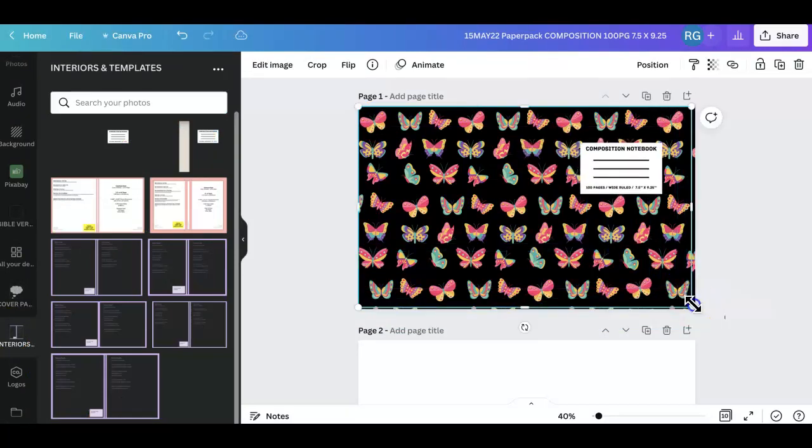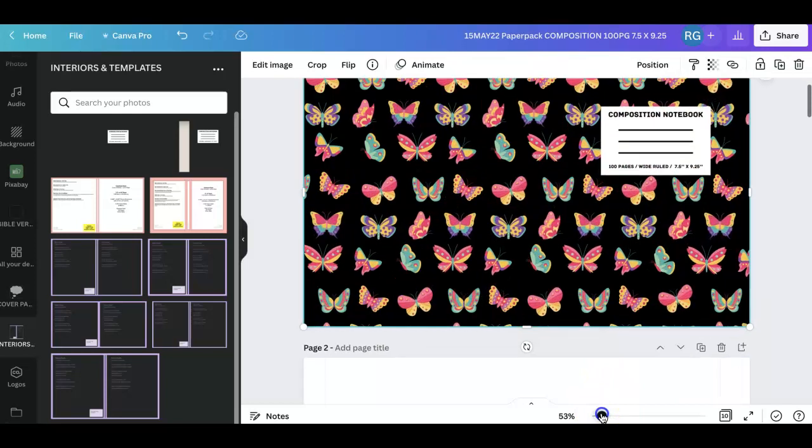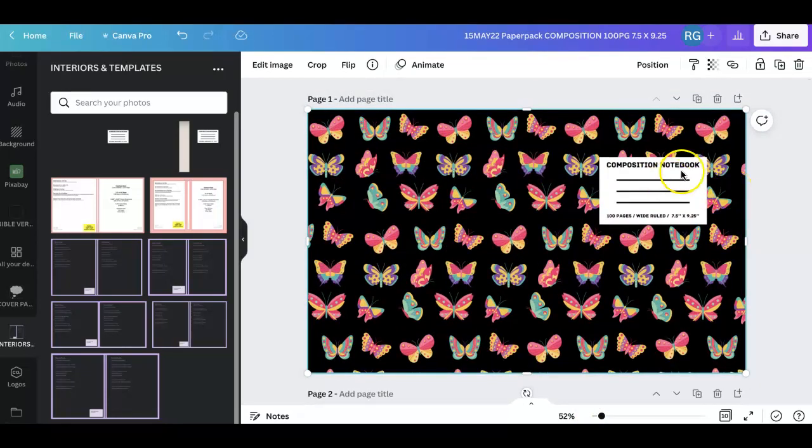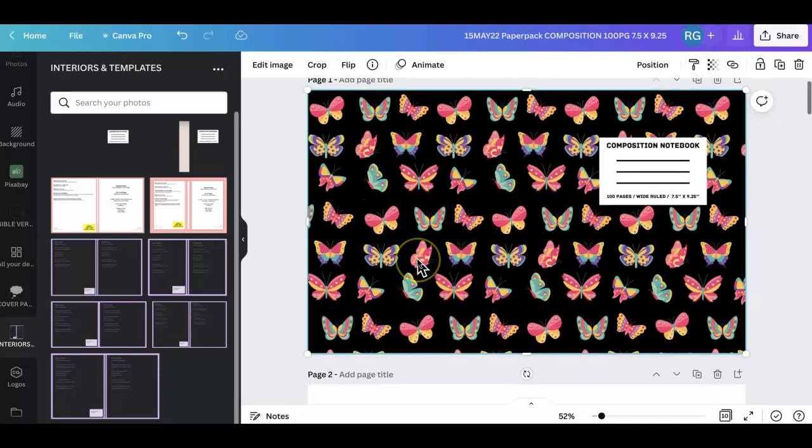So I have already got a prepared cover panel for my book, which just says, I'm going to enlarge that a little bit just to help you see. And it basically just says composition notebook, a few lines where they can put in their personal information, their name, maybe subject, and a bit more information about what the book contains. 100 pages, wide ruled, 7.5 by 9.25 inches, just so that the customer knows what they're buying when they view